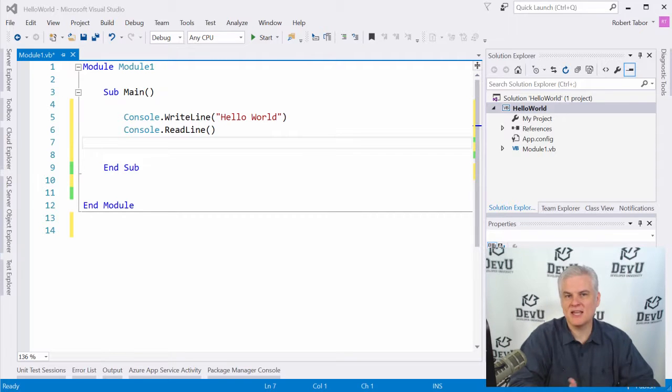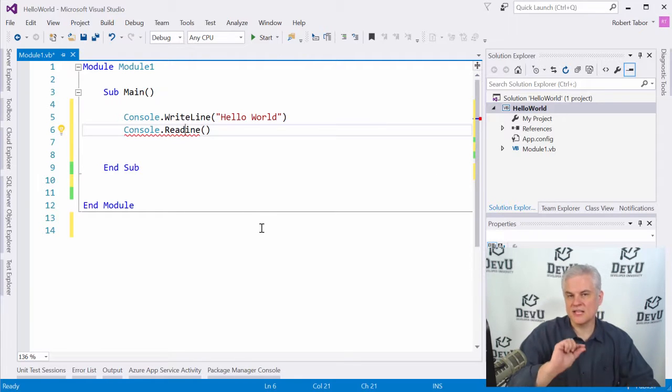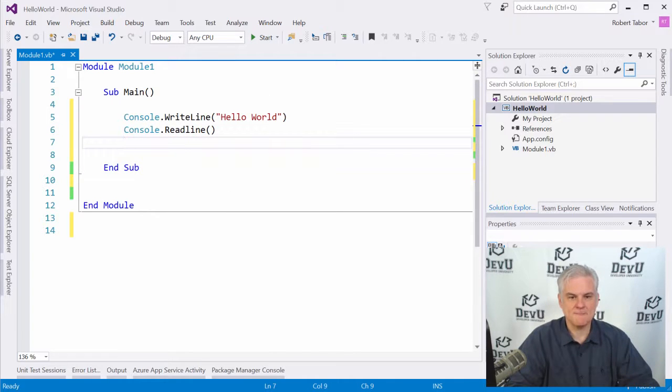Some people will say, is my version of Visual Studio different than yours because I typed this out and it won't run for me? And invariably what happens is they've done something incorrectly when they typed in the code. So typing in code is an exercise in precision. You've got to make sure that what you see on your screen and what you see on my screen is identical. Okay.